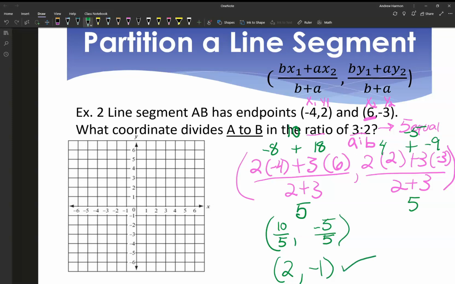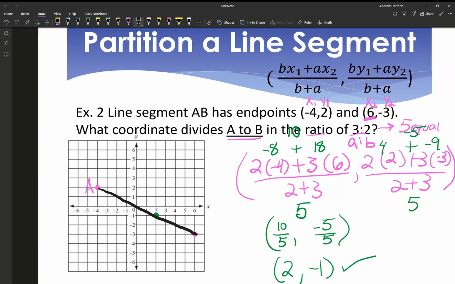So let's look at what that would kind of look like on a graph. Negative 4, 2, right there. That is going to be point A because it comes first. And it says it's graph from A to B. And then point B would be 6, negative 3, right there. And then we said our partitioning point is 2, negative 1, right here. So now if we draw in a line to connect those points